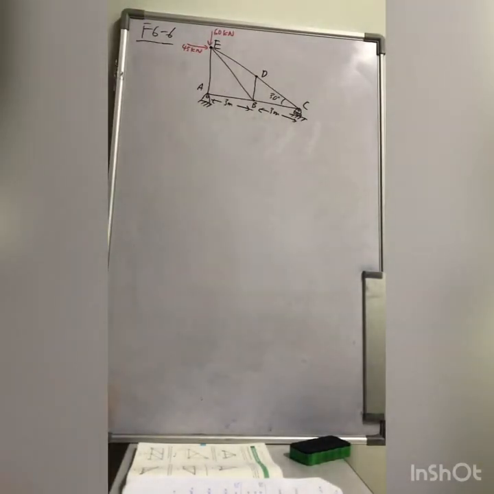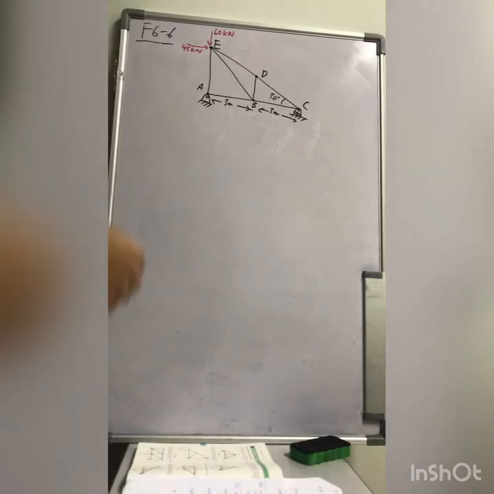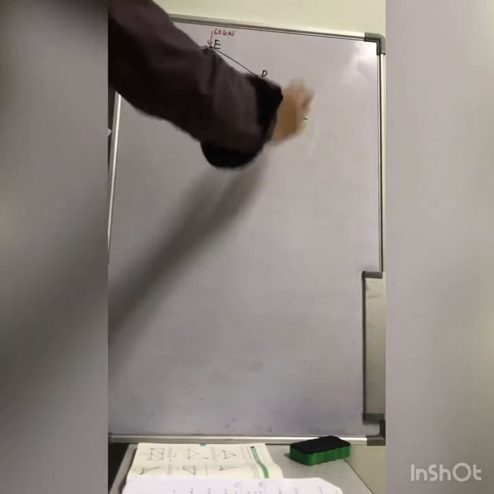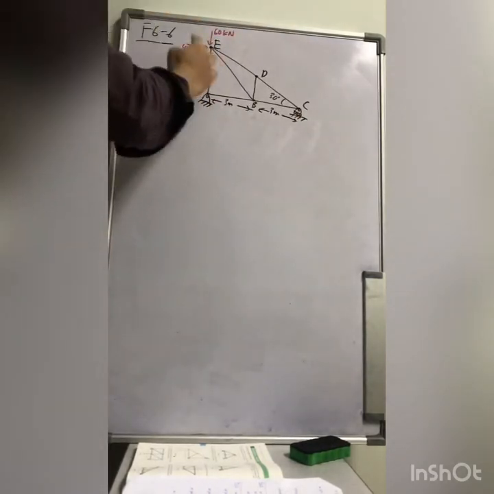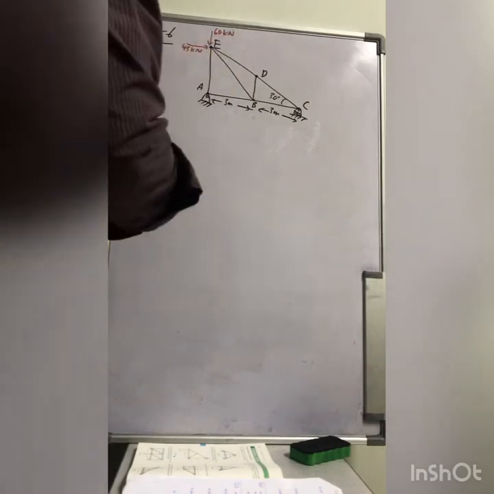So the question asks you to find the force for each member of the truss, and state whether it is in tension or compression. Basically, you have to find everything. In this case, you have lots of truss members. But please do realize that some of them are basically zero force members. What are they?